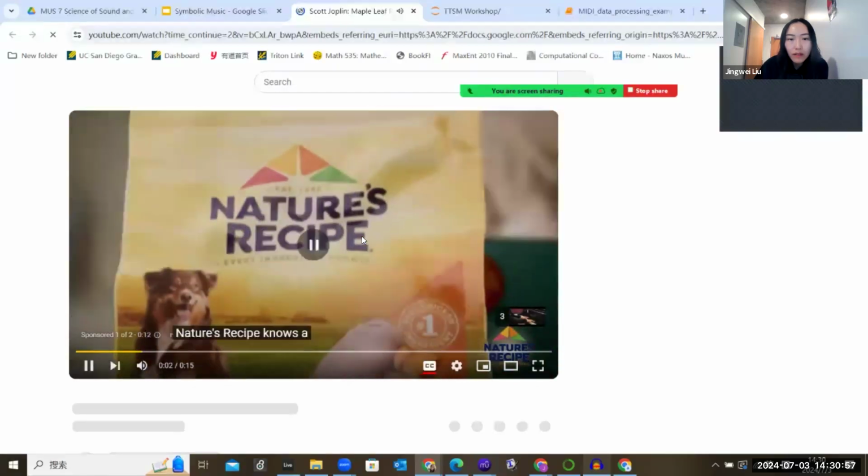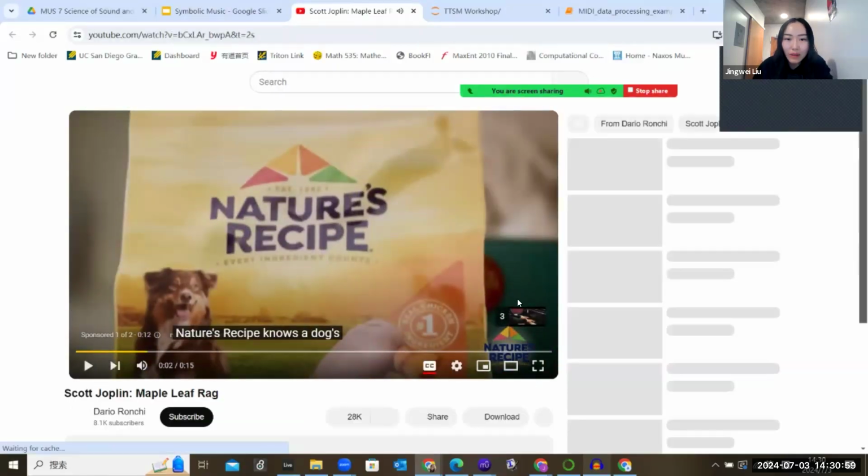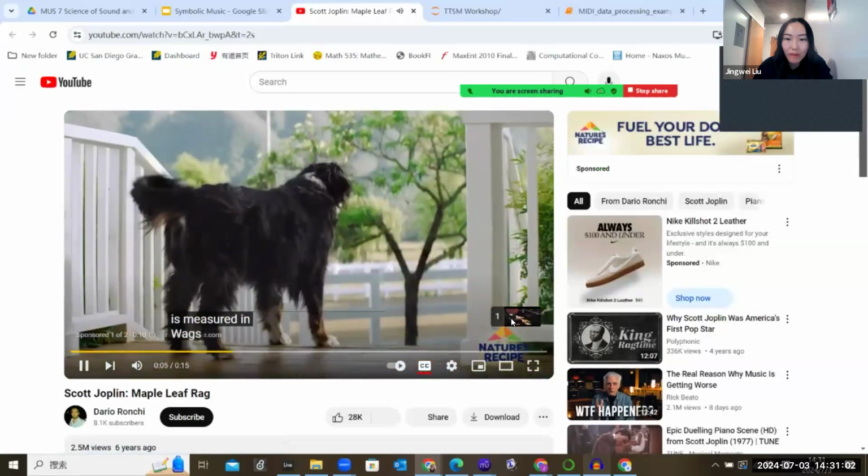Nature's Recipe knows a dog's best life is measured in wags. That's why every